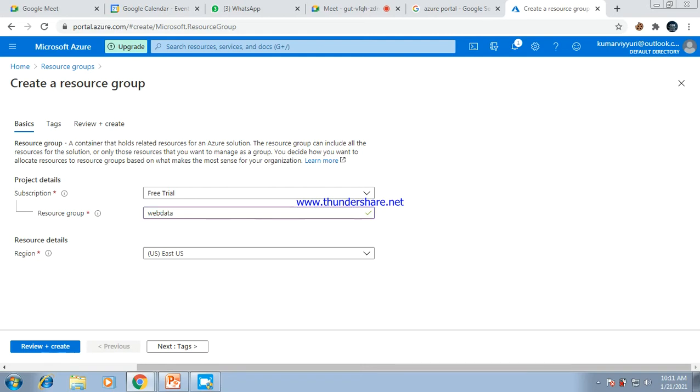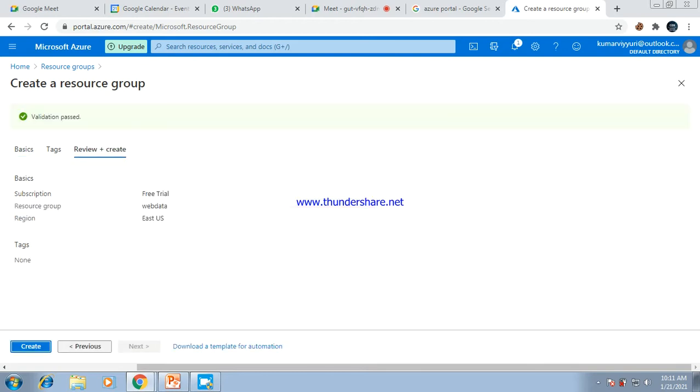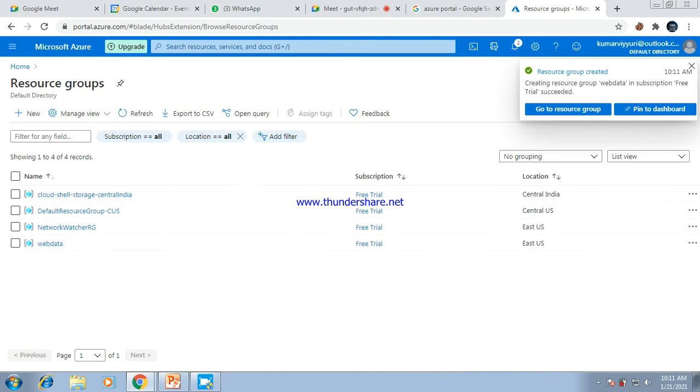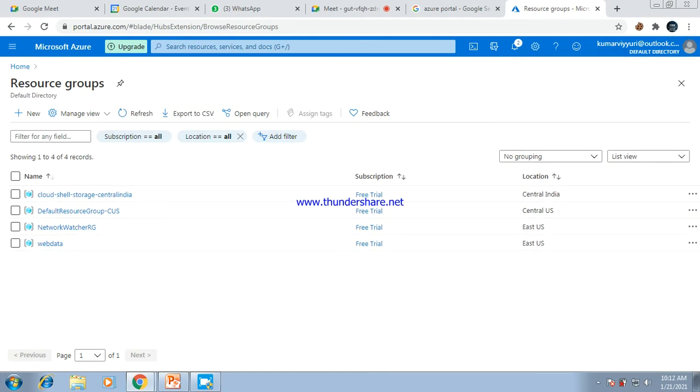Location is East US. So I will create it in the East US location now. Give create. So the resource group is created now. All the resources you want to put in the same web data resource group.